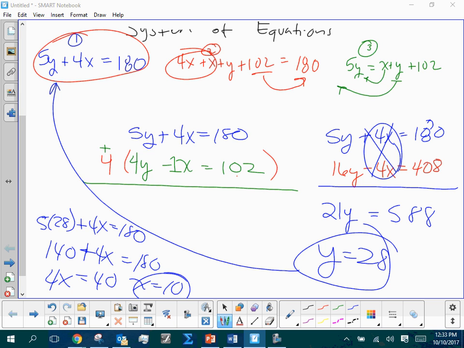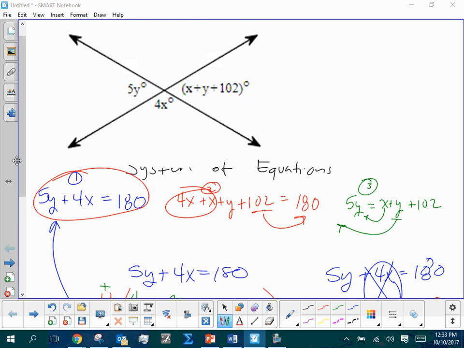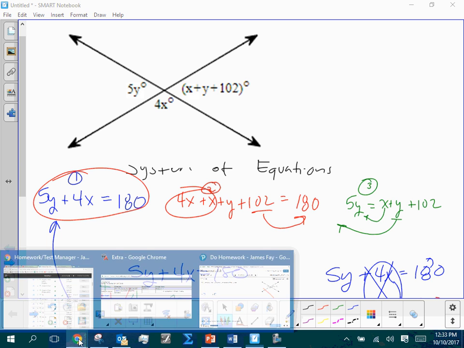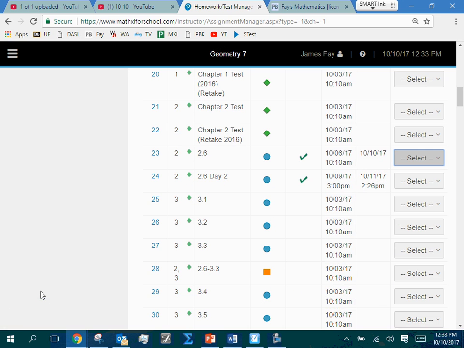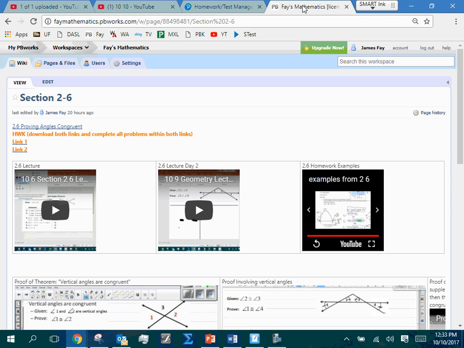But what I want you to understand with the system equation stuff is that it's not going to go away. It's going to be something we talk about and use quite a bit in this class. So, in the event that you struggle with this, hey, I remember system equations last year vaguely, I'm really not all that good at it,